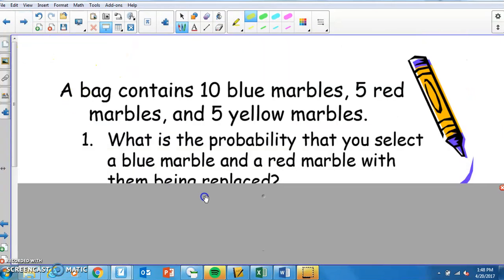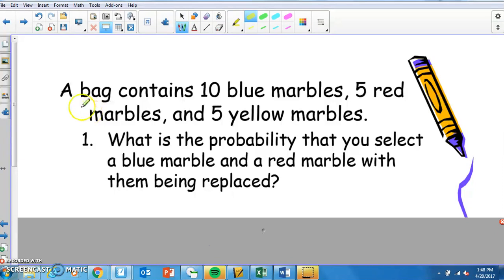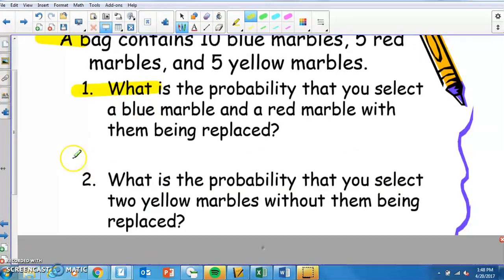All right, what I want you to do now is this example. I'm going to put a little mark here. If you'll work through this problem, and then if you'll work through that problem,